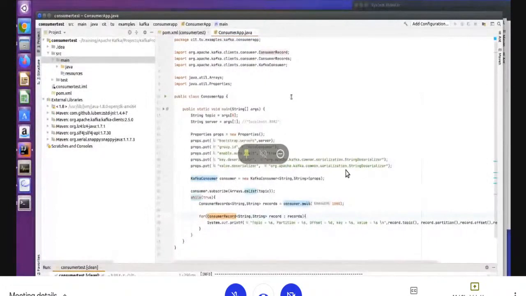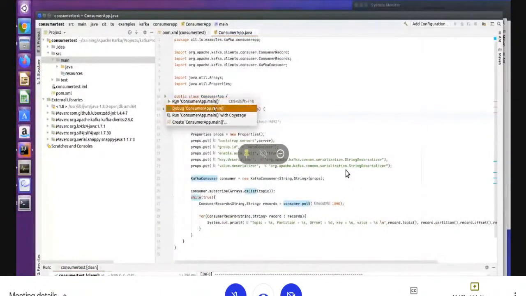I'm done now, right? So what you have to do is run. But when you run, you have to pass these two parameters, right? So how will you run this, right? So for run, if I run, it will ask me.